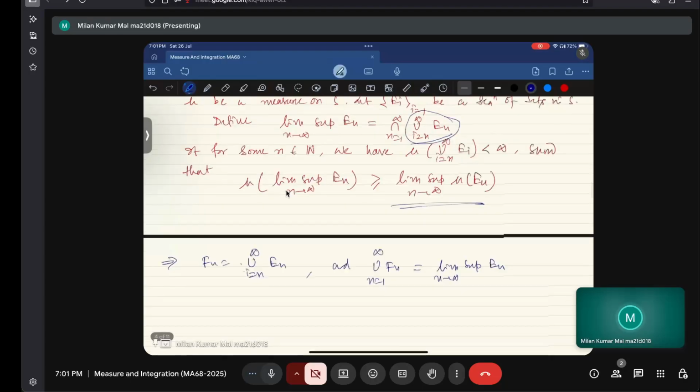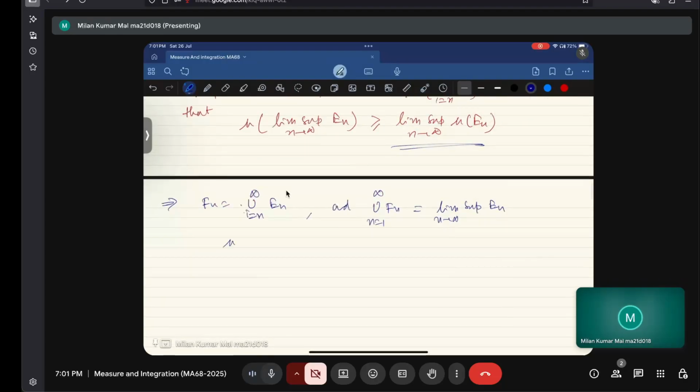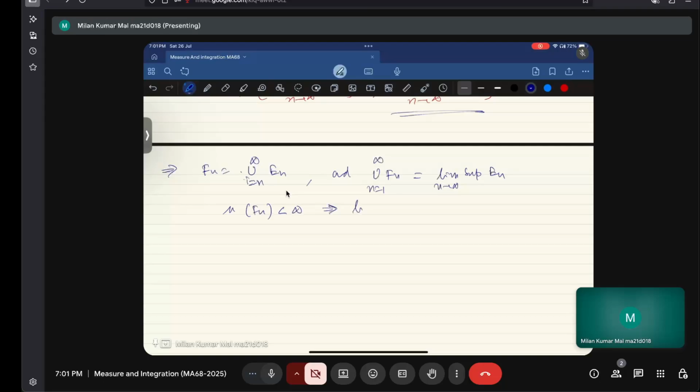Also given that mu of Fn, the measure of Fn, is finite, this implies the limit as n tends to infinity of mu of Fn is equal to mu of